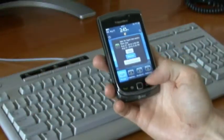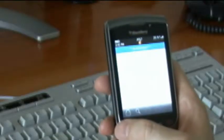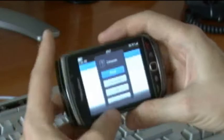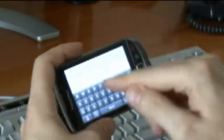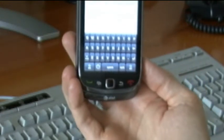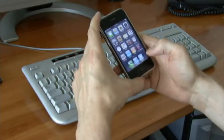And here's how we would send an email by using the touch screen. So we just go like this, and click the icon to compose email. It's really essential to have the keyboard in this direction. This is too small. We found it's a fat fingers problem too much. So here, compare that to sending the email from